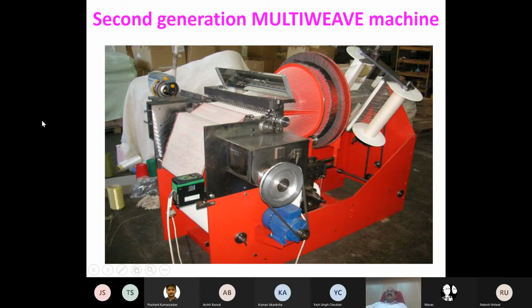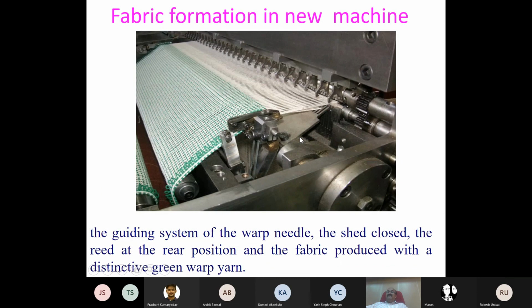In the previous one, the pitch is large, spacing is poor, so you cannot produce a fabric with high thread density. Pitch decides the thread spacing. That is the only fundamental difference. This cylindrical rotor which holds the warp yarn in this machine are placed very close to each other. Thread density increases. That is the basic difference between the first generation and second generation multi-phase weaving machine.